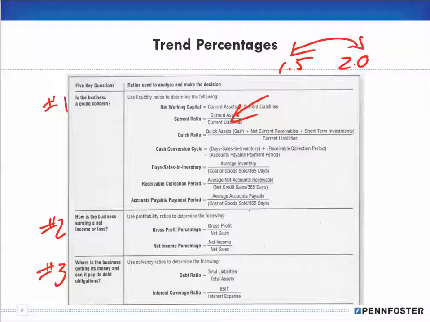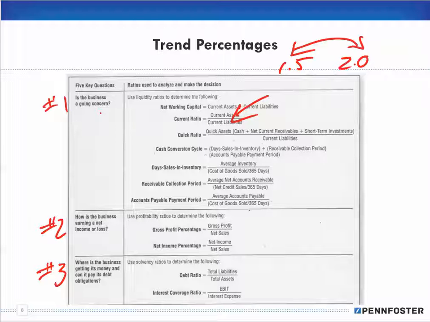Okay. Again, I just showed you how to work through the ratios and set up different scenarios and play with them in order to understand that particular ratio. And when you understand that particular ratio, now you can make a judgment as to whether the change in the number is a good thing or a bad thing.